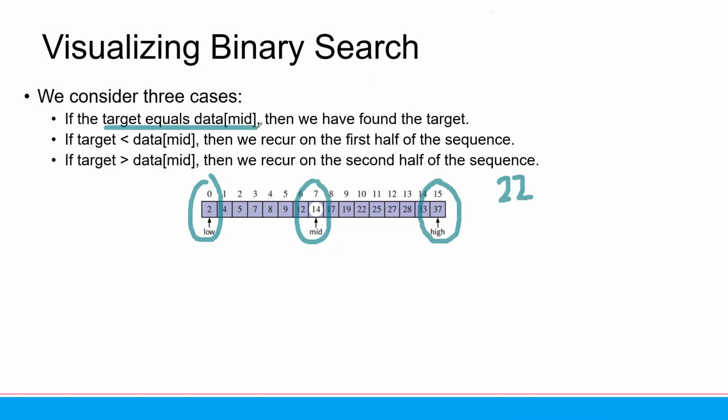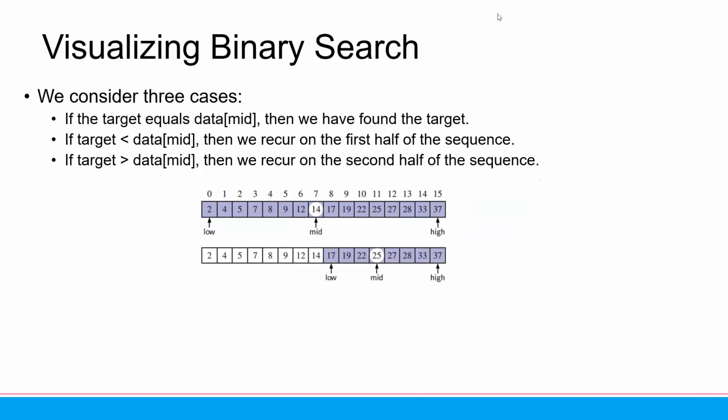The target equals the data mid. 22 equals 14? No. Then we need to check. The target is less than the data mid. 22 is less than 14? No. 22 is greater than 14? Yes. Then what we can do next is